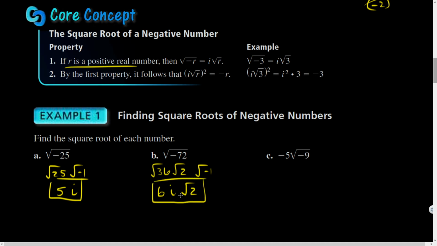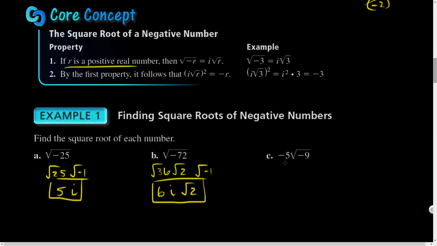And if there's any non-reduced radicals left in my answer, I always put it as the final number. So that way I don't, for instance, write this as 6 rad 2 i, because sometimes your radical sign might expand over the i, or people might misinterpret it. The i is not under that square root.